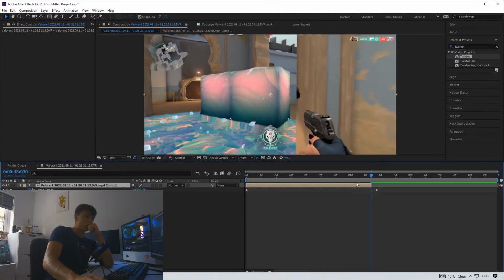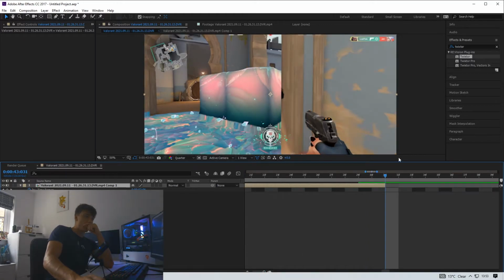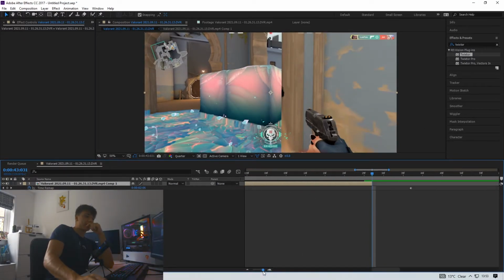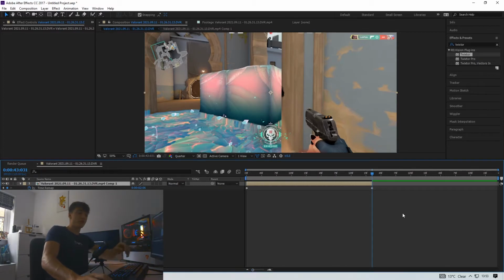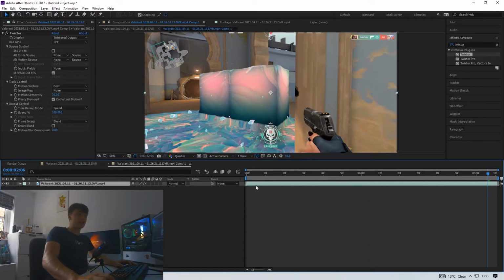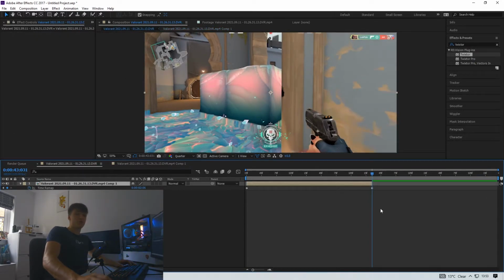Alright, next thing what you're going to want to do, guys, is put an ending keyframe on how long your clip is. Let me hit the keyframe there. We can then delete the previous keyframe because this is now our ending keyframe, our finishing keyframe. Beautiful. Now what you're going to want to do, guys, is ensure your Twixtor is applied to the original